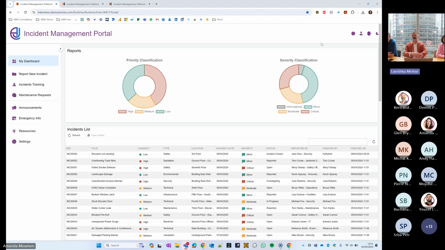What is important here is to provide a solution to everyone, regardless of their devices, and to have the minimum response time when it comes to resolving an incident, not just replying to it, but also resolving it. This platform shows real live data that is refreshed automatically, and then you get the KPIs and